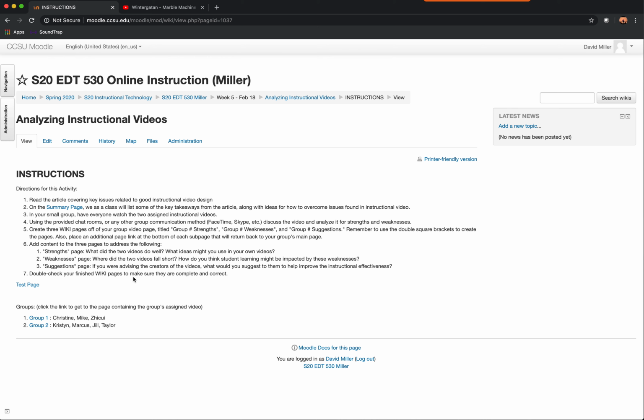And you can create as many subpages, as many links. You can get as complicated as you want with the back and forth on all the links. But that is essentially the way a wiki activity works. So if you were to use this in a class, generally it would be some sort of a more involved